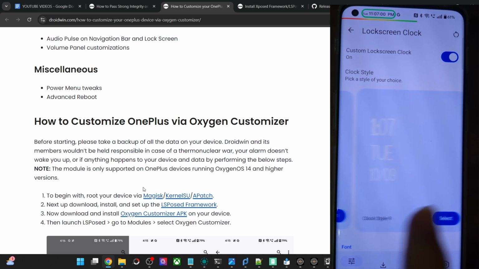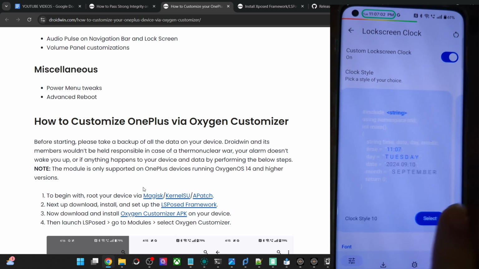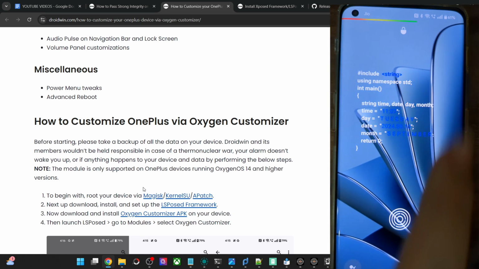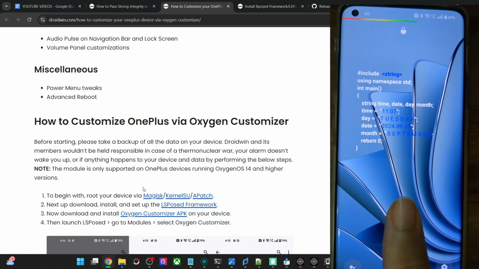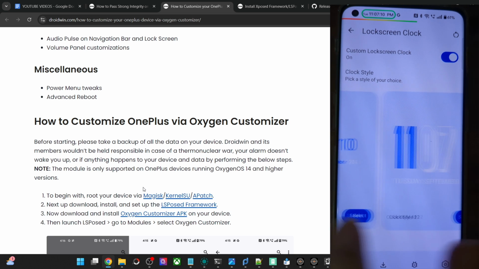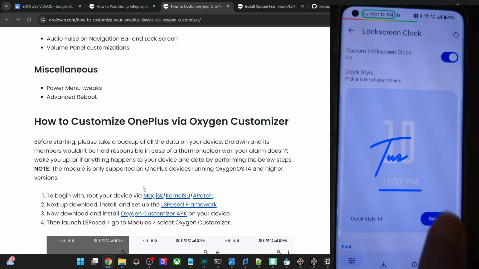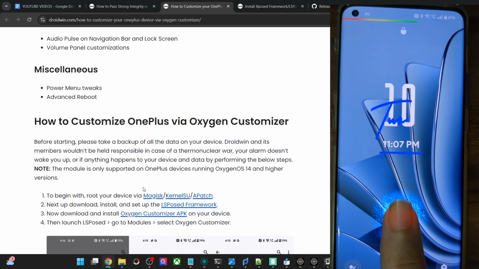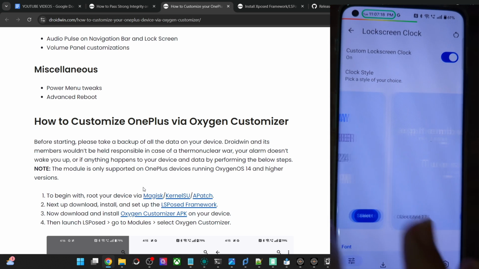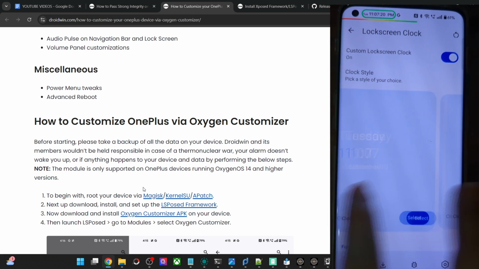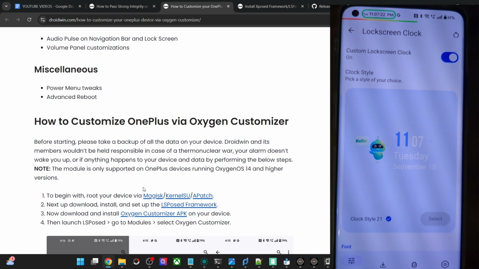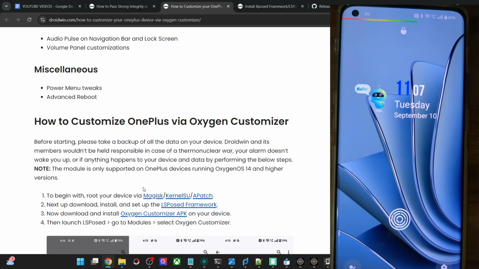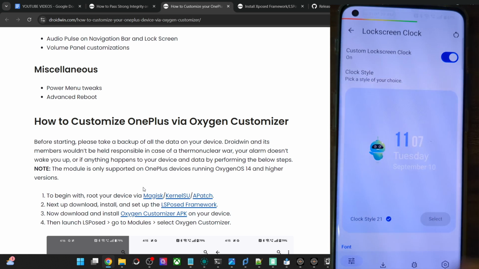Then apart from that, let's go with any other clock style. This is a coding clock, and as you could see, the clock color is being shown here. Then we have some other clock style. Let's choose this one, and it's also well and good. Apart from that, there are quite a lot of clocks to choose from. As you could see, this looks quite nice. Let me have a look at this one as well. So this is also an interesting clock style.